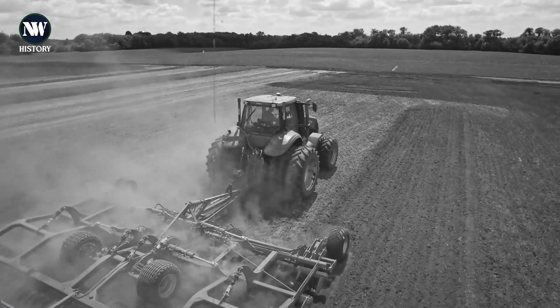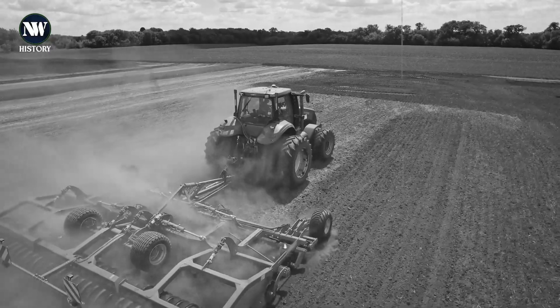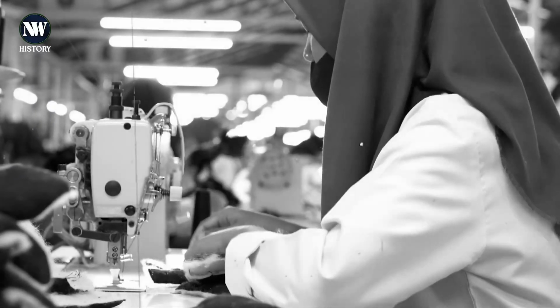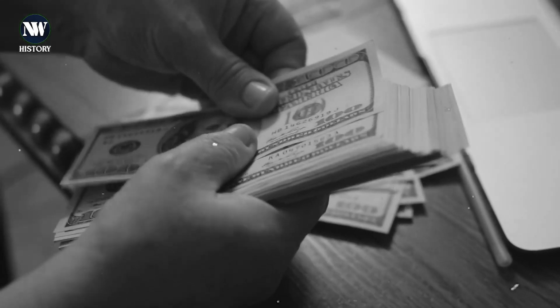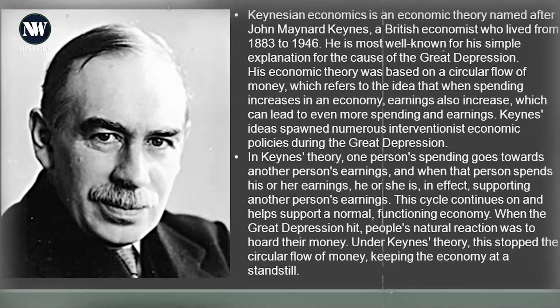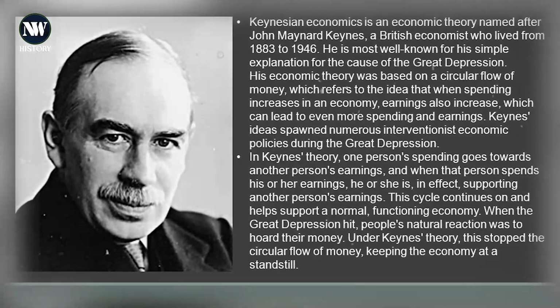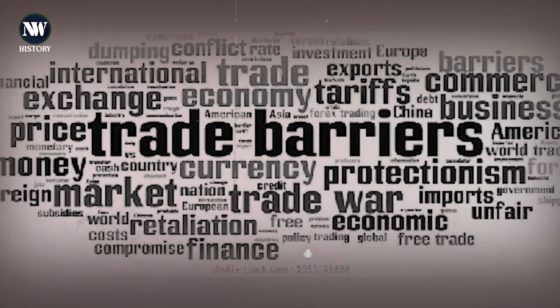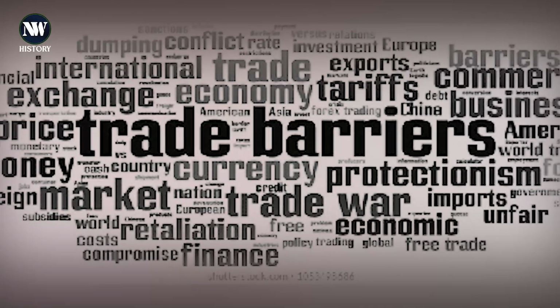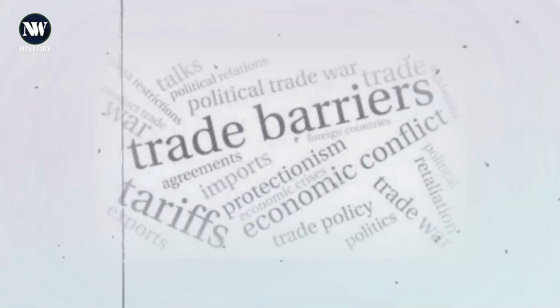US exports decreased, hurting farmers and industrial workers, which were supposed to be protected by the tariffs. Bank failures spread globally as international credit dried up. Economists like John Maynard Keynes later argued that Smoot-Hawley prolonged the depression by hampering global commerce. The interwar period demonstrated that trade barriers give birth to more trade barriers and consequently create a downward spiral of